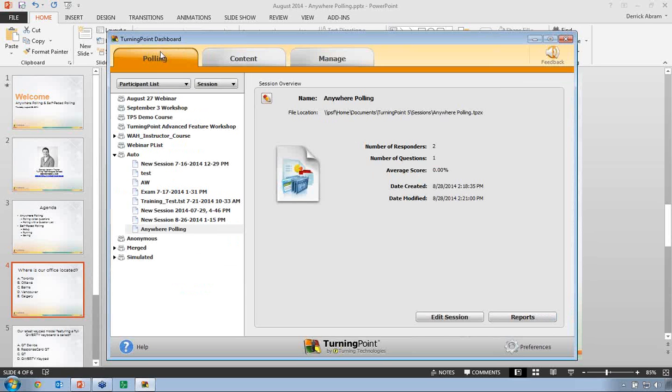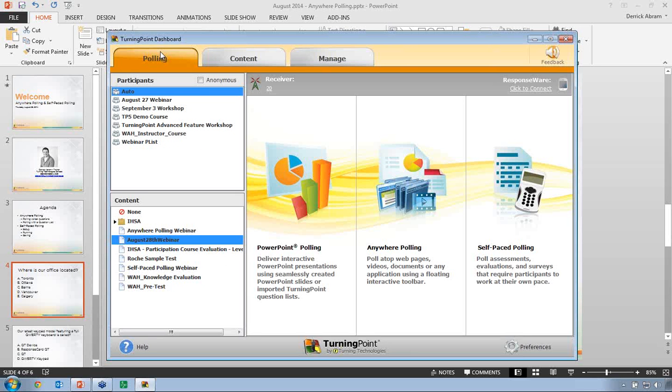Okay, or you'll need to have access to a ResponseWare account that has at least a license in it, so that you can create a ResponseWare session ID and use your smartphone or something to test. So keep that in mind, is that you do need to have the hardware there plugged in present for Anywhere polling to function in a testing scenario.